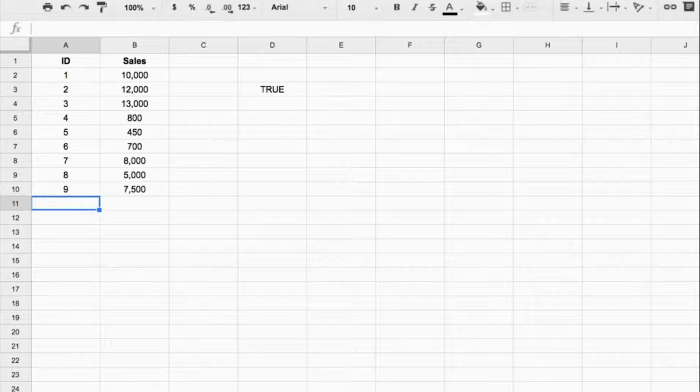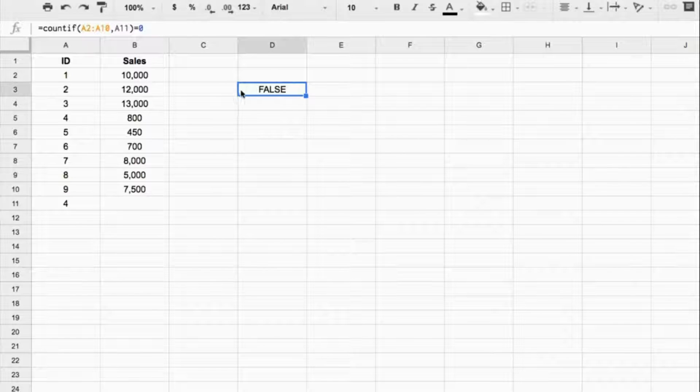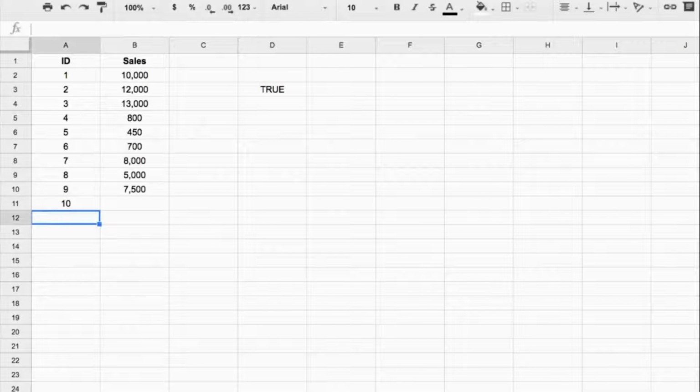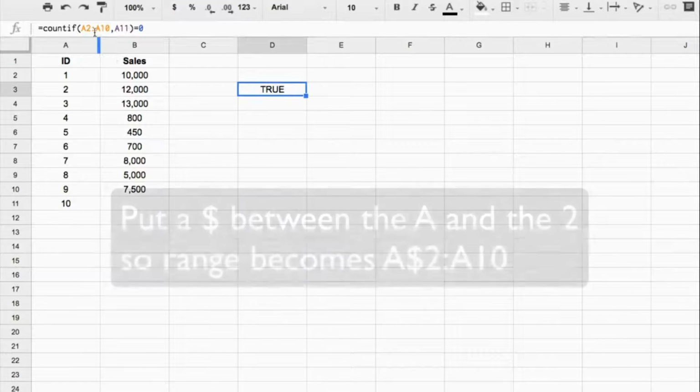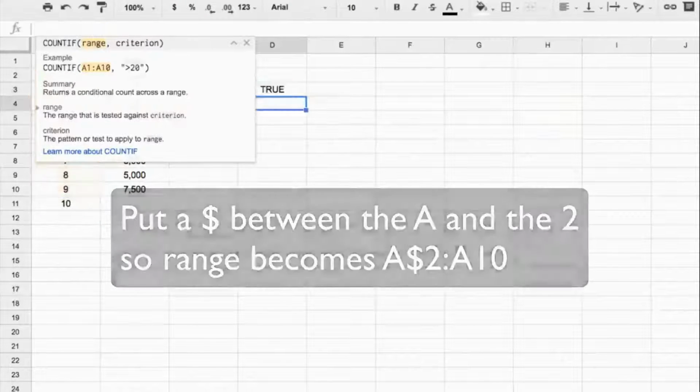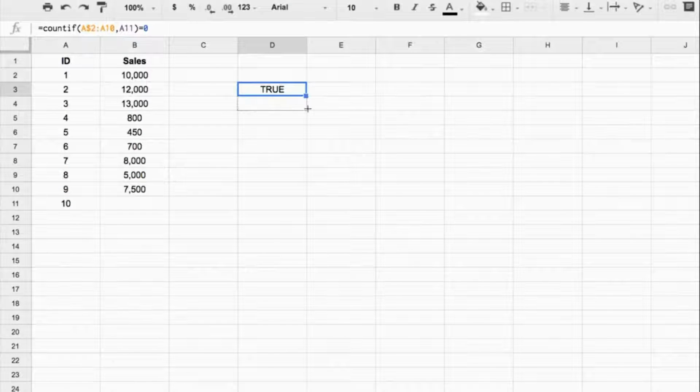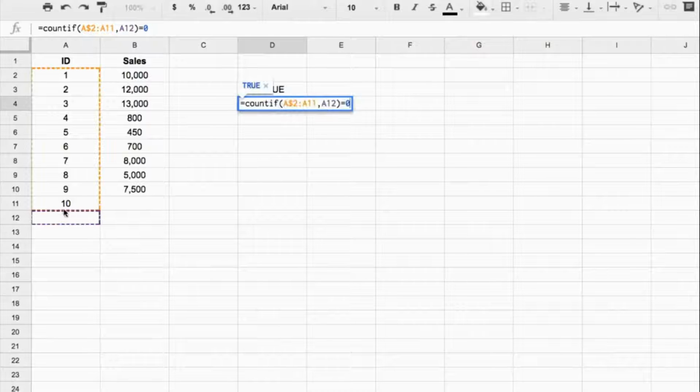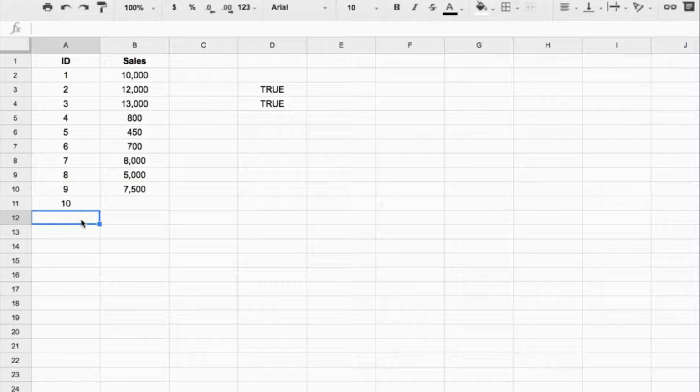So if I was to put in that employee ID 4 again, then it will give me a false here. Whereas if I put in 10, it's going to give me a true. So that is the sort of validation I'm talking about. And all I need to do now is to make sure I lock it to a 2. And then if I drag this down, this now takes a look at the next cell, goes up to A11 now, and then it checks my input in 12. So that's perfect. So for example, if I try to enter 10 again, it's going to give me a false